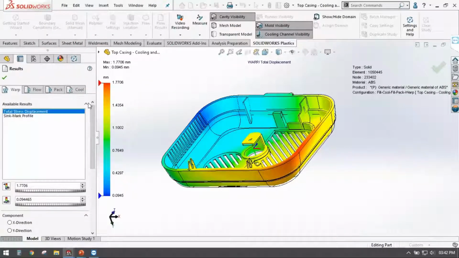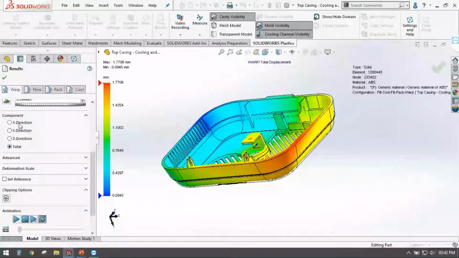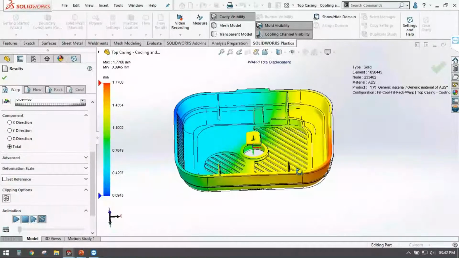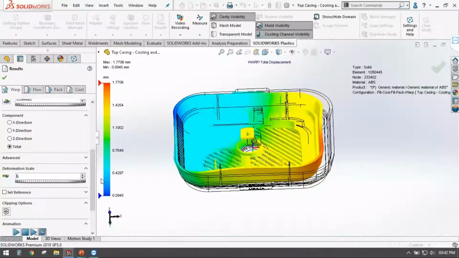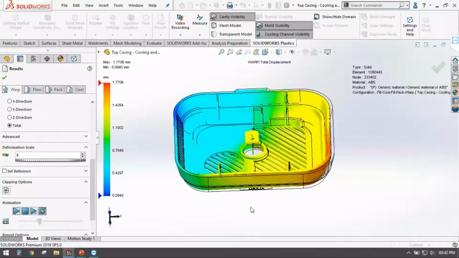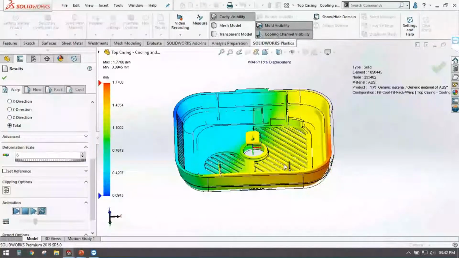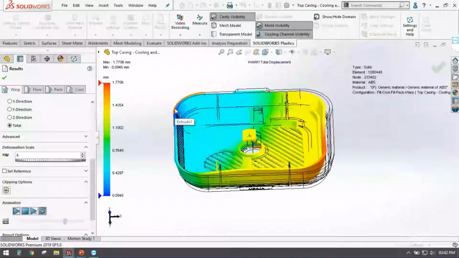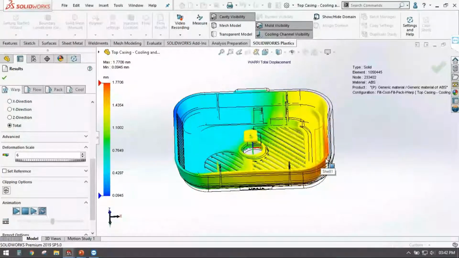Okay, so over here you can see that the warpage is 1.7 mm in this area. Let me exaggerate the deformation scale so that it is easily visible for you, and then you can check with all the set parameters like the ejection location, the material, and the thickness.